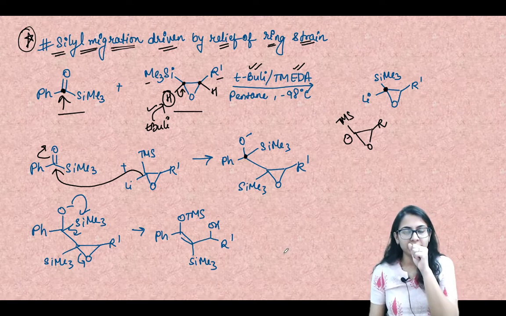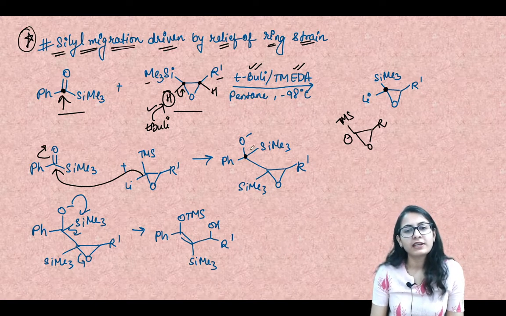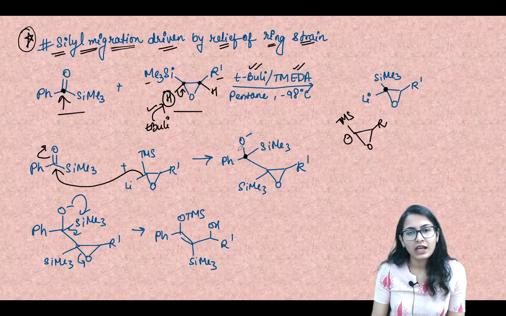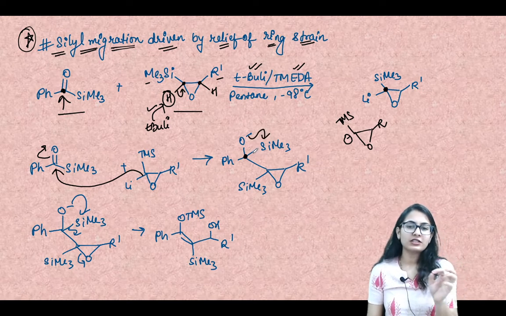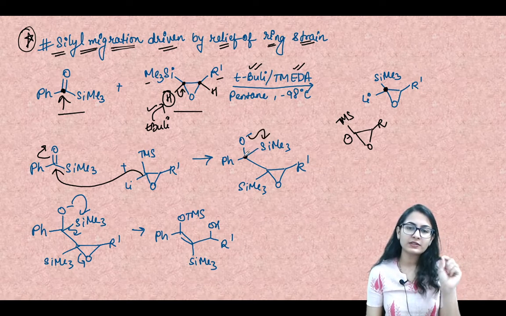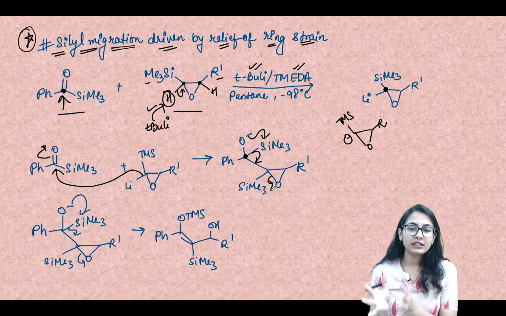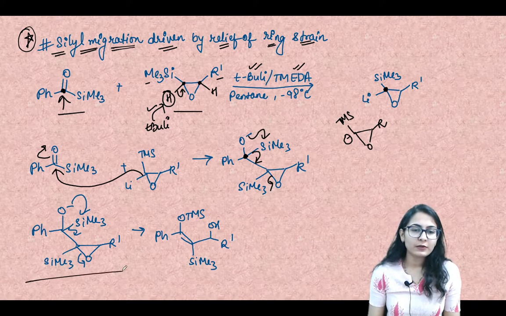Now, in this molecule, if you realize, we have a possibility after the Brook rearrangement happens. What is Brook rearrangement? You have alpha oxy anion and basically alpha silyl group. So the Brook rearrangement, just the negative charge is not going to stay localized onto this carbon. The negative charge can fall up over here onto the double bond, so that this strained three-membered epoxide opens up. And when it does, let's look over here.